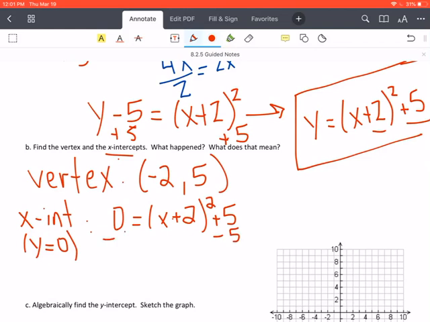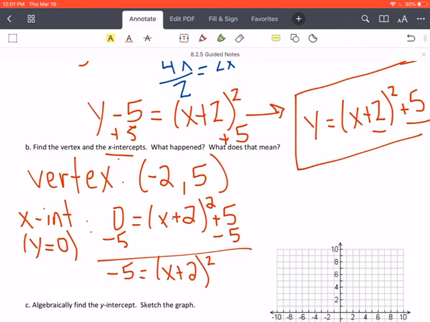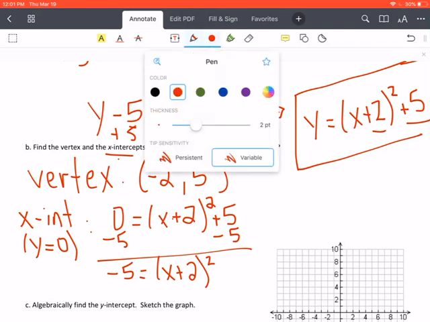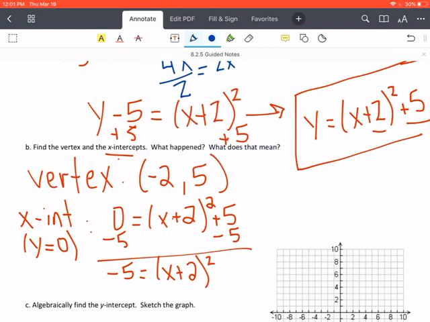So if we subtract 5 from each side, we get -5 equals x plus 2 quantity squared. Now, we notice that to undo the square, we take the square root, but a red flag should go up because, you should be saying it with me,